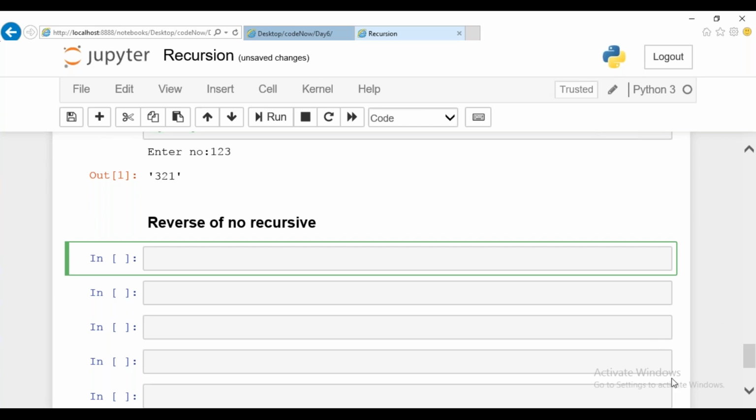Come on, try it soon. Okay, for reversing, guys, don't use any predefined methods. I want you people to write logic. Don't use any predefined methods. Write the logic on your own.